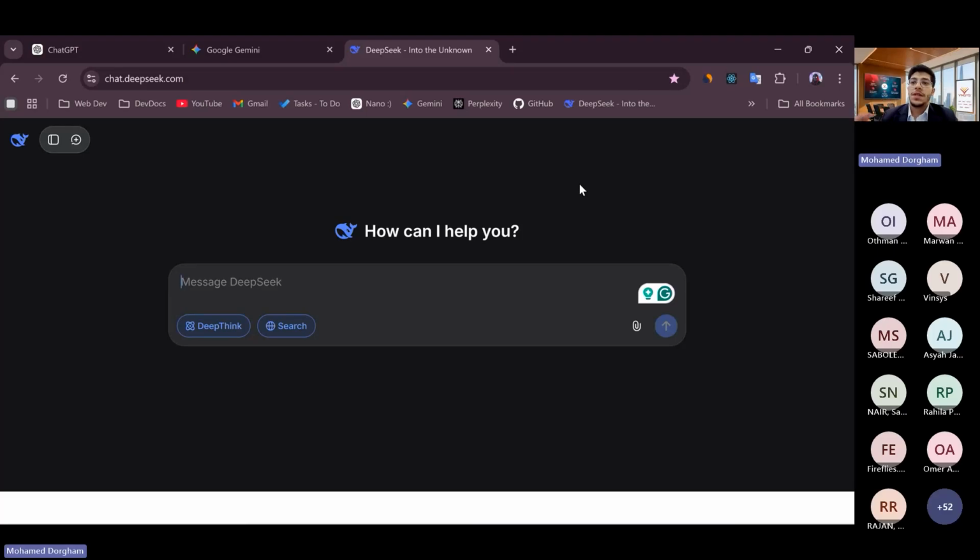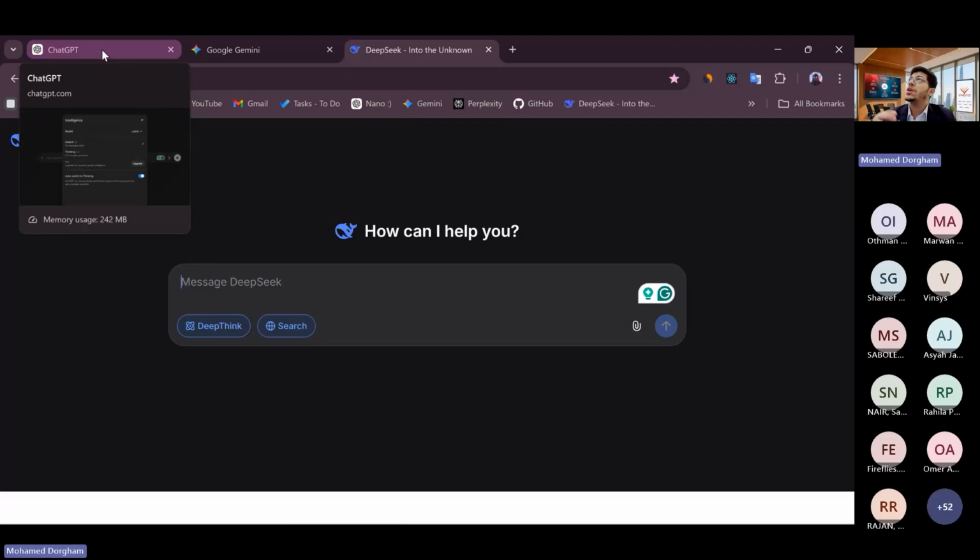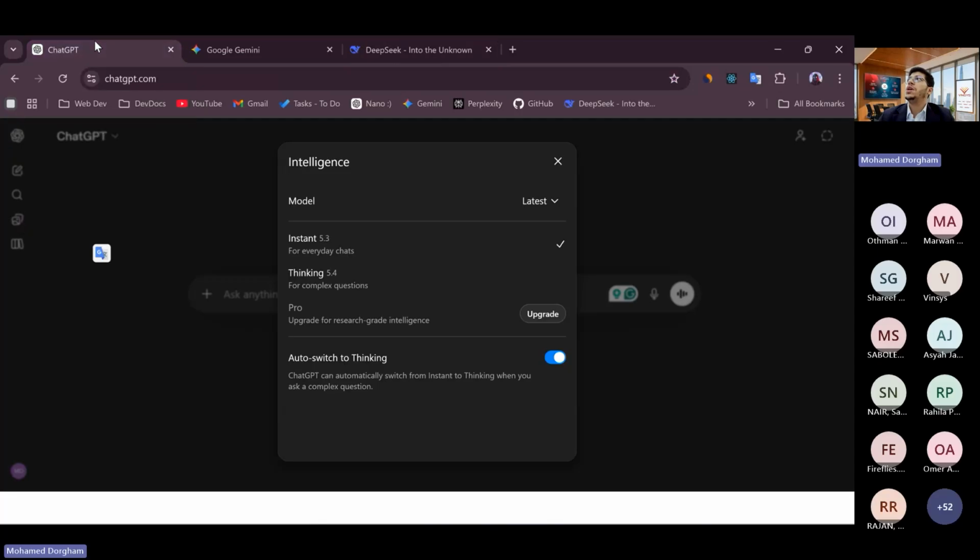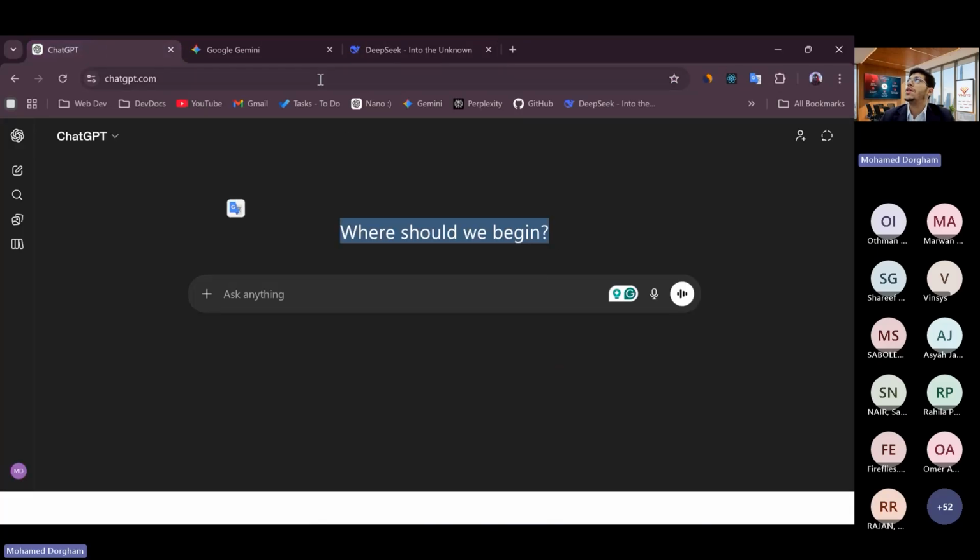Because today in 2026, you should understand what AI tools are available, understand the task you are working with, and use the right AI system for the right task. So you won't be using ChatGPT for every everyday task. Okay, so this was a quick overview of the three main AI systems.